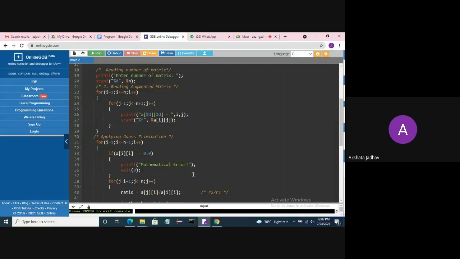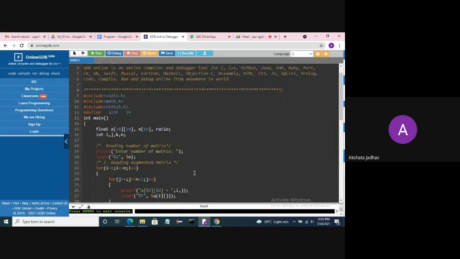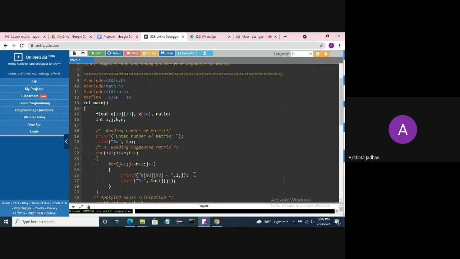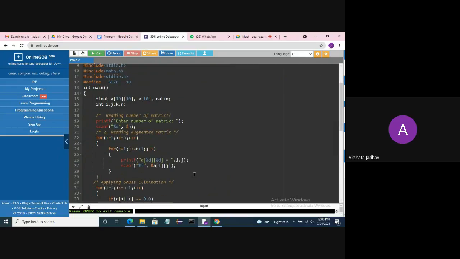All of you perform the Gauss elimination method. The day after Monday, yes, Monday I will send you one Google form and you perform the Gauss elimination method. If you want to perform it in online GDB, take a screenshot and add it to the Google form.